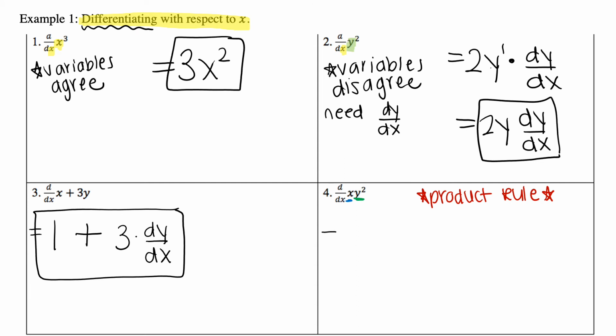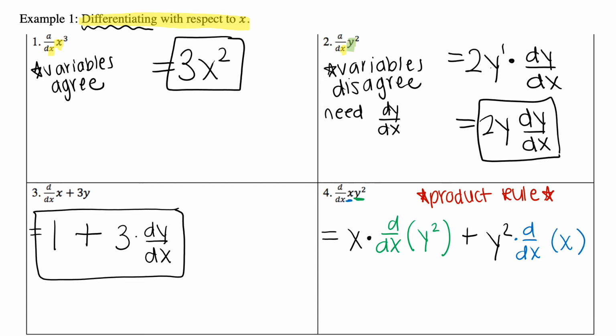So when we go to take the derivative, remember we want our first times the derivative of the second. So our first function is x times the derivative d dx with respect to x of that second function, which is y squared, plus our second function y squared times the derivative with respect to x of our first function,